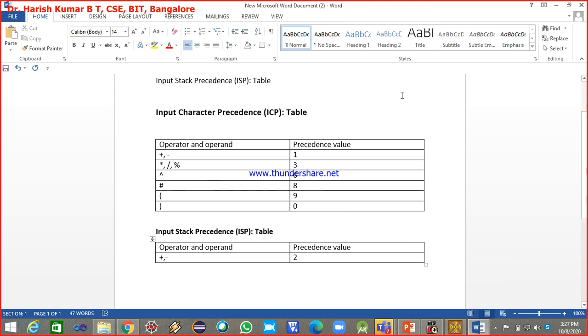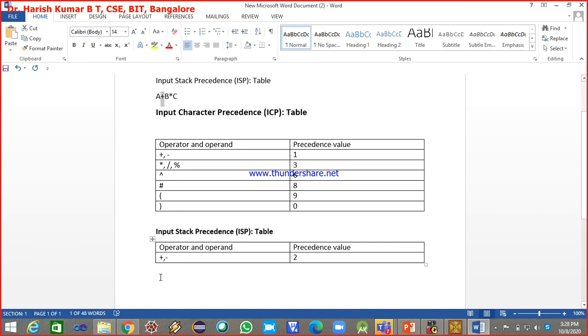Say for example, just have a look here. This is my given infix expression, a plus b into c. Now this is my input string. When I am scanning this input string, first I encounter a. What is this a? It is an operand. What type of operand? Character operand. For a character operand, it is nothing but hash, and what is the precedence value? 8. And what is the next symbol that I will be scanning? Plus. This plus is present inside the input string, and what is the precedence value? 1, I have to take it.